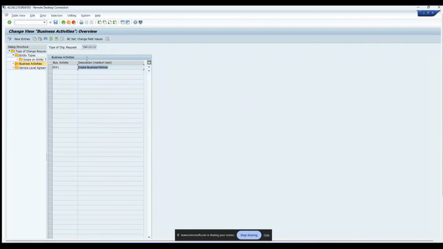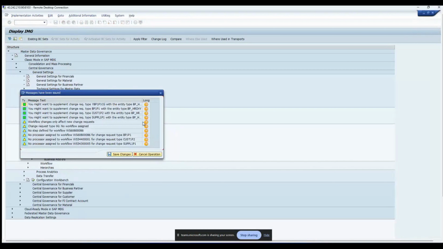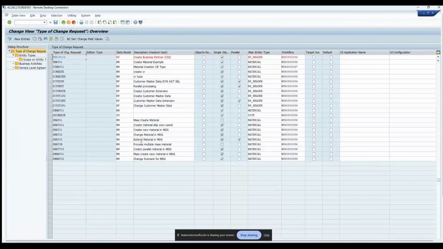Right? So now I'll just go one step back. I'll select the first one and I'll save it. Don't mind what is here. Until there is an error message coming up here, do not worry about it. So I've saved it. Now you have created a change request. Now how to check whether this change request exists in our system, whether it is successful or not? Just go ahead and open up